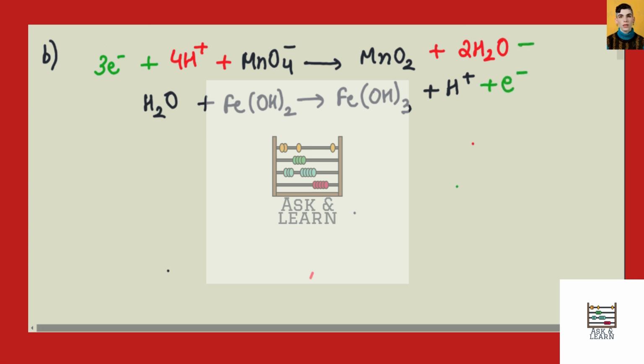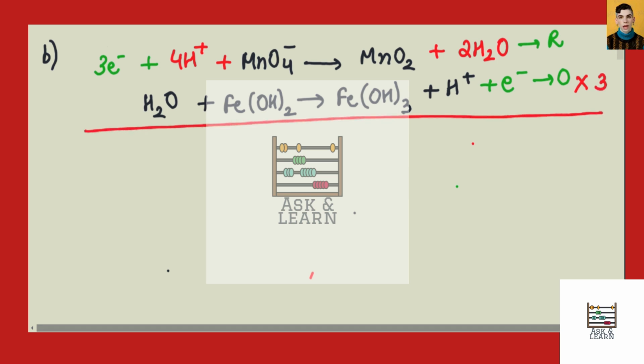Now the first reaction is the reduction reaction, and the second reaction is the oxidation reaction. Now if we have to balance the number of electrons, we will multiply the equation by 3 to balance the number of electrons. So this gets cancelled, okay, and the overall equation comes out to be